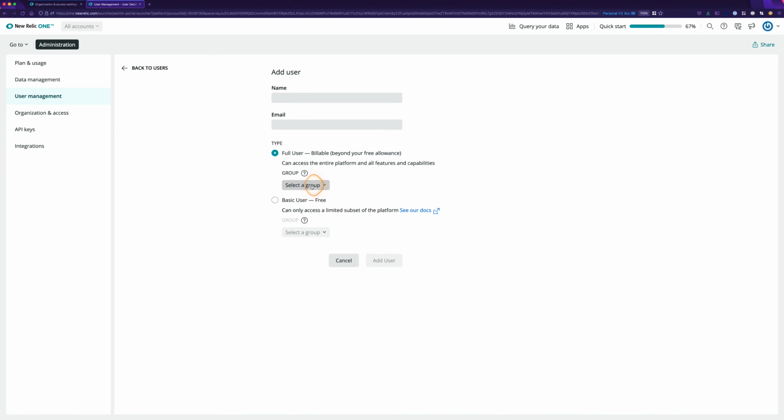So if we refresh, we'll see two groups, and we can add that and keep on adding more to basically layer the levels of permissions that we're giving people to allow for them to see what they need to see, to interact with what they need to interact with, and to restrict them from things that they don't necessarily need to worry about.